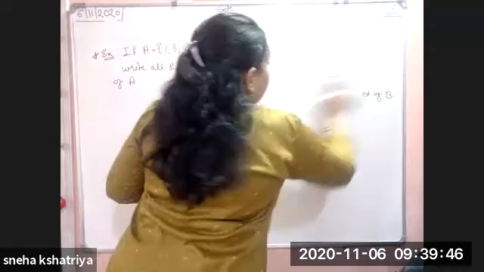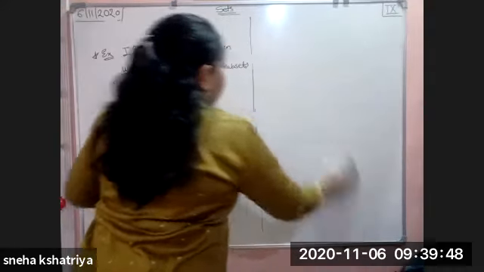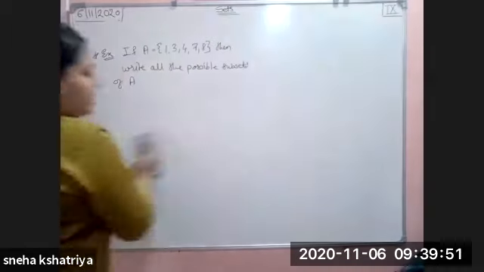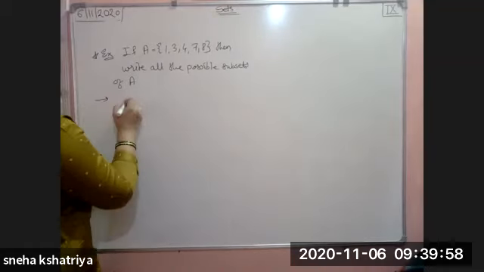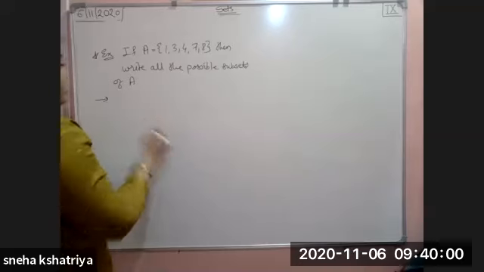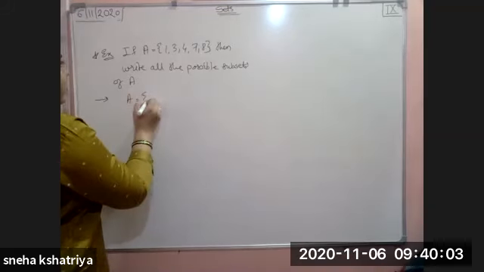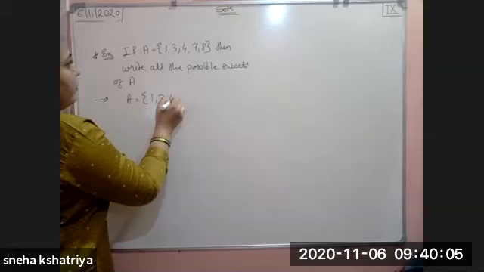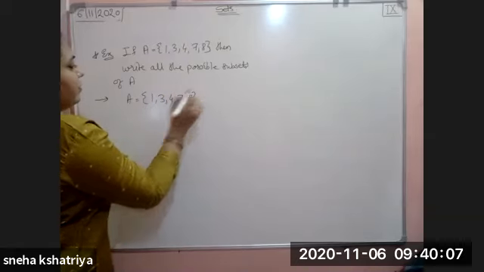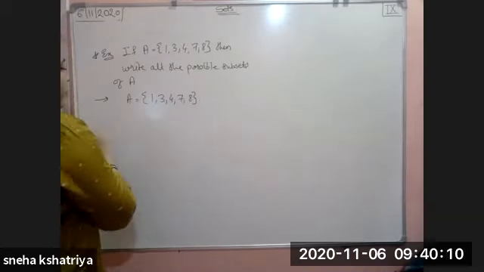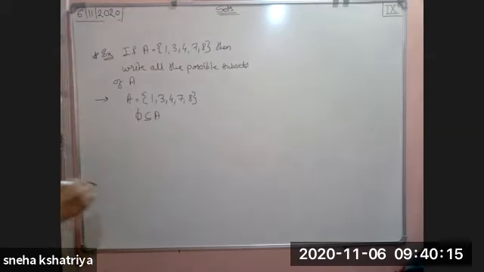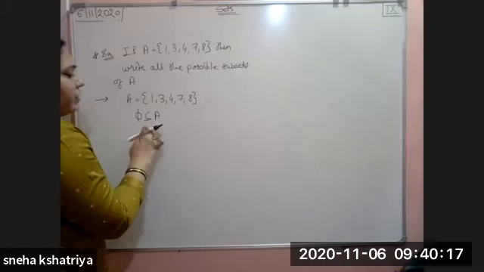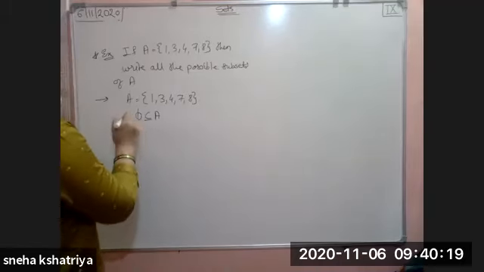They have not said just write 2 or 3. They have said to write down all the possible subsets of A. We have to write as many as possible, all the sets. So what are the subsets of A? Given that A is {1, 3, 4, 7, 8}. First, phi is a subset of every set. We are seeing that phi is a subset of every set, so the first subset will be the phi set.